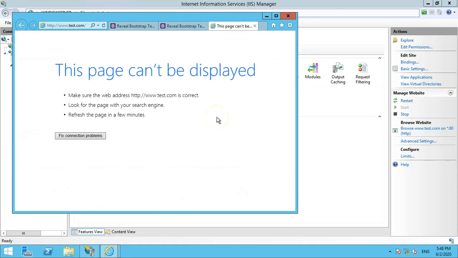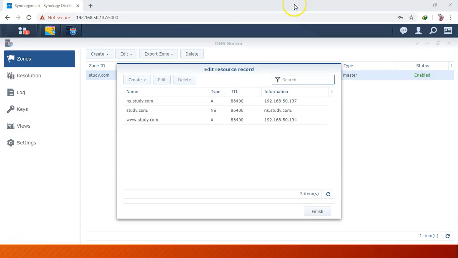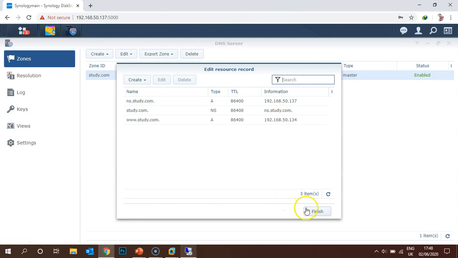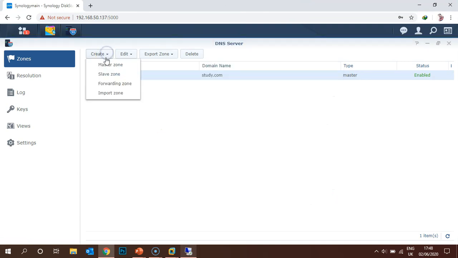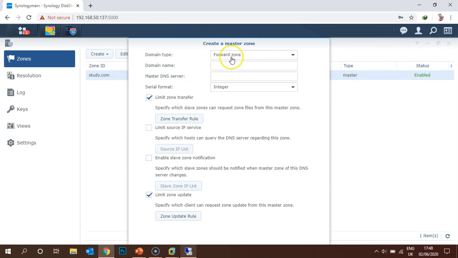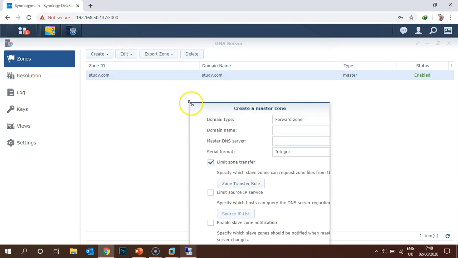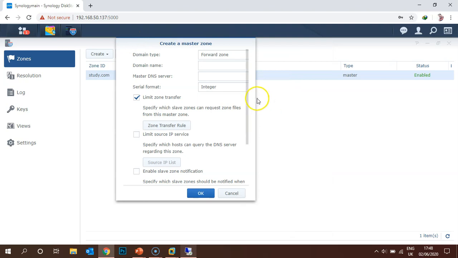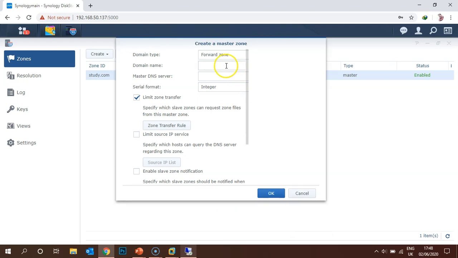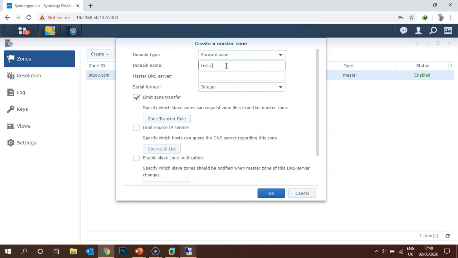You can see this page cannot be displayed because we have not given the DNS entry. We have not put the A record under the DNS server. So let's go to the Synology server. First of all, we need to create a master zone with the name test.com, with the IP address of the DNS server, 137.